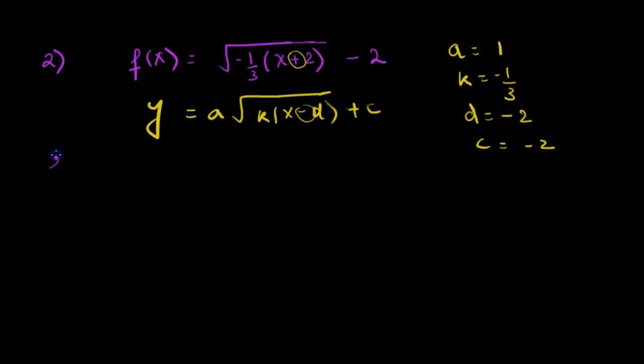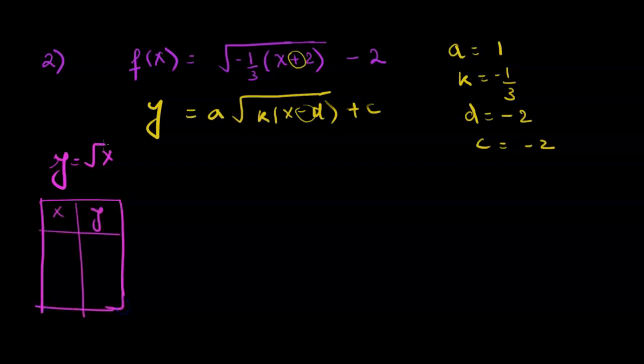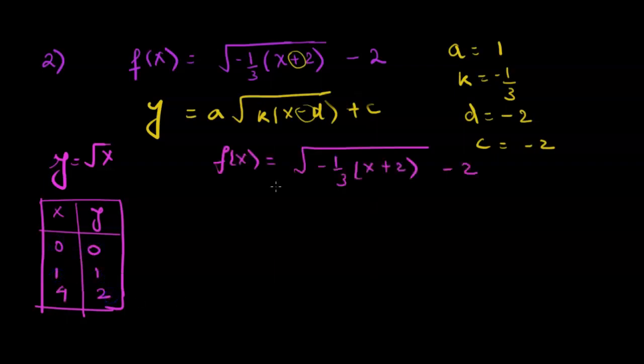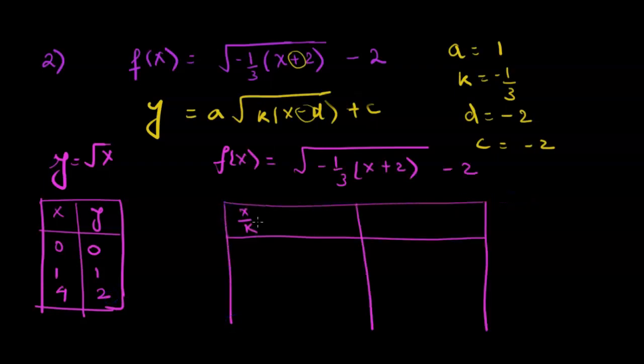Now we make the graph of the parent function y is equal to square root x. Now we write the table of values for the parent function. Only for square root functions, you will not take negative 2, negative 1, because the square root function's value does not exist when x is negative. So we start at 0. Square root of 0 is 0, 1 is 1, 4 is 2. Now to make a graph of this equation, all we have to do is use the mapping formula. X divided by k plus d gives us the new x, and ay plus c gives us the new y.